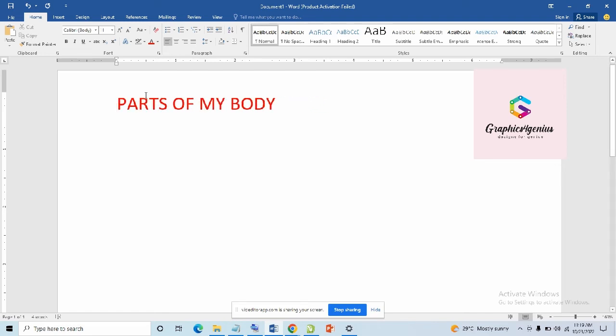Let's return it to the starting, and here we have bullets. Okay, so let's add more to our text. Let's press enter here to move to the next line. So part of the body, we have the